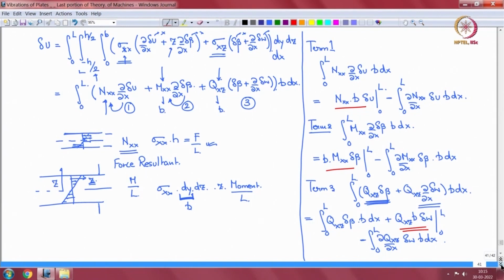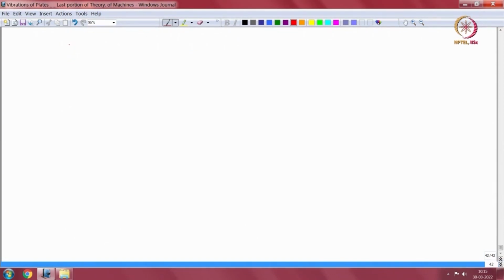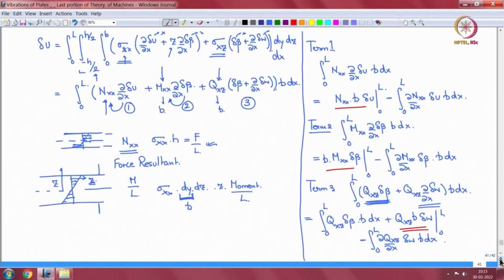So let us see what we have. Nxx b dx delta u, integral 0 to L with a minus, and then we have